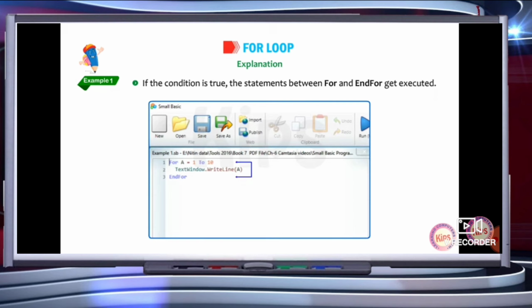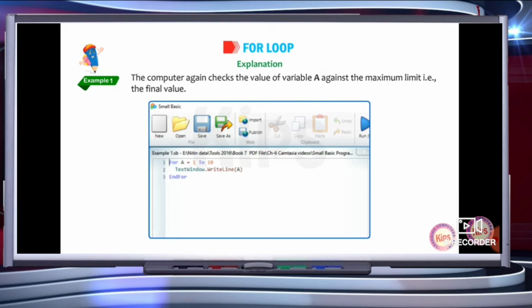If the condition is true, the statements between For and End For get executed. Then the value of a is incremented by 1. The computer again checks the value of variable a against the maximum limit, the final value. If the value of the control variable exceeds the final value, the control comes out of the loop and the for looping statement.